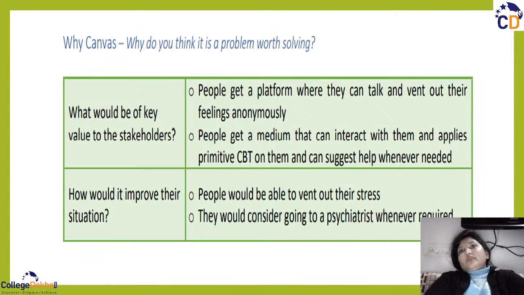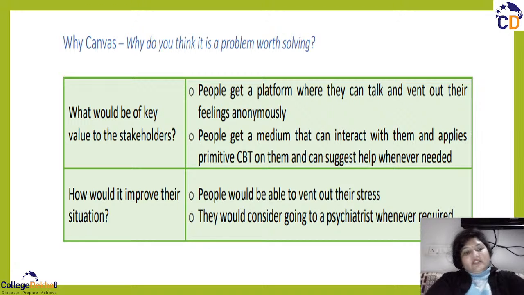If you don't have any trustful person, you may share this feeling with the AI model, and that machine is going to help you out, where you can vent out your feelings. It's a kind of chatbot which is chatting with you, a kind of machine which can understand your language also, right? So people get a medium that can interact with them and applies primitive CBT on them